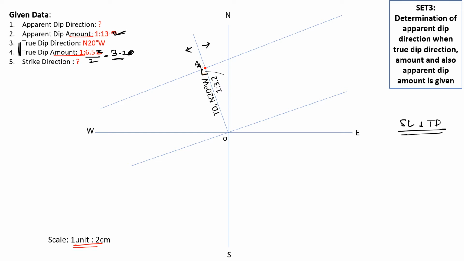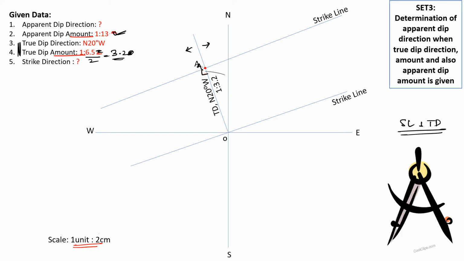That is the question. So what we'll do is, we'll take a compass. We'll measure 13 centimeters. Now the unit is there. What is that unit? 1:2. So 13 will be 6.5. So I'll measure 6.5 centimeters here, and I'll keep one sharp edge at this point,